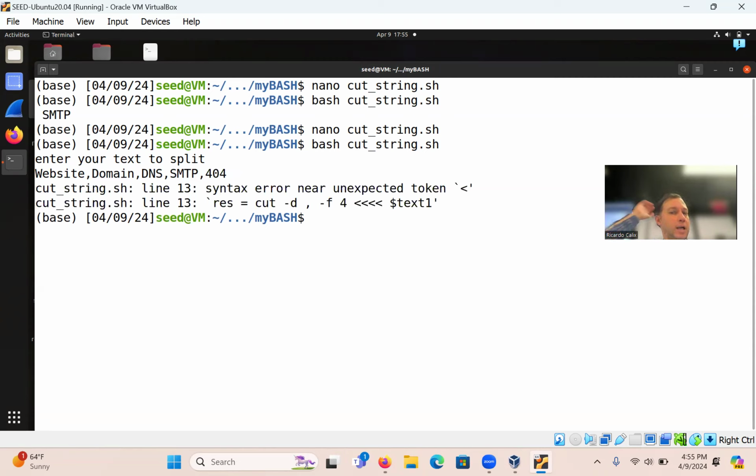All right, so it's not liking it: syntax error near unexpected token.